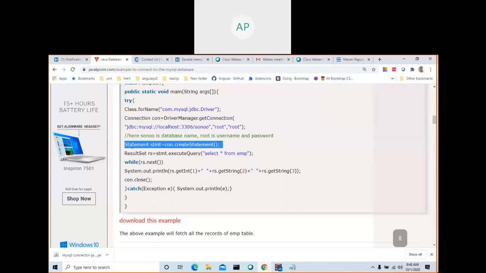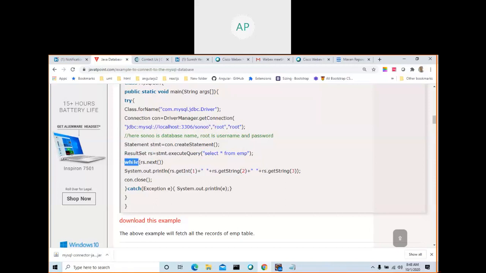So you are going to create a statement. This class is available as part of the java.sql package. And con dot create statement. Then statement dot execute query. This is the fourth step. And when you execute the query, it will go and select all the rows, and all the rows will be here.